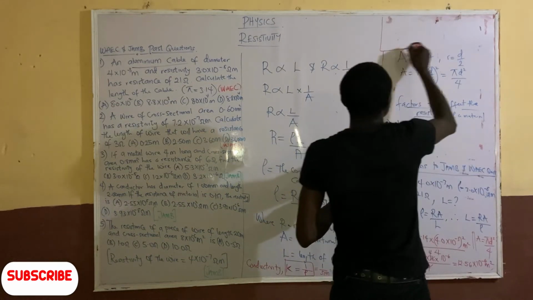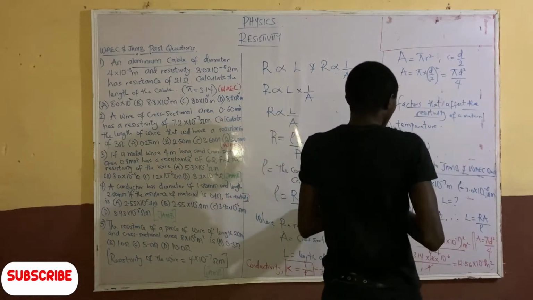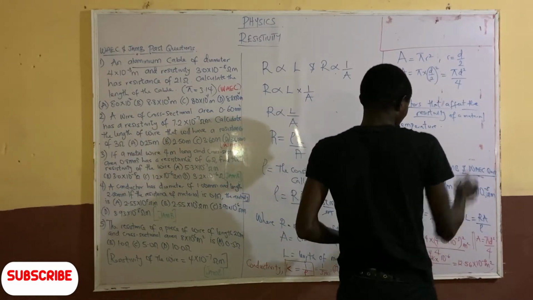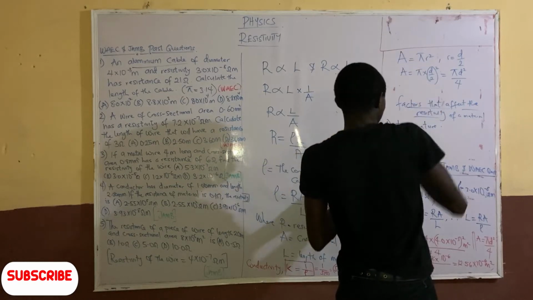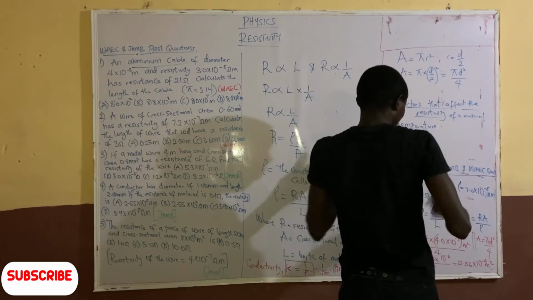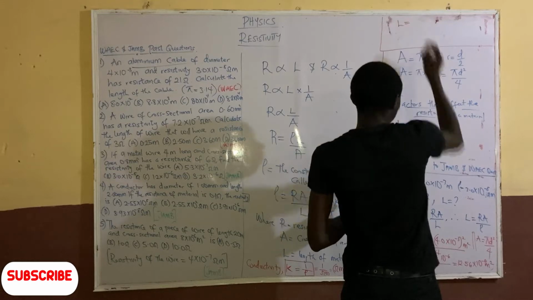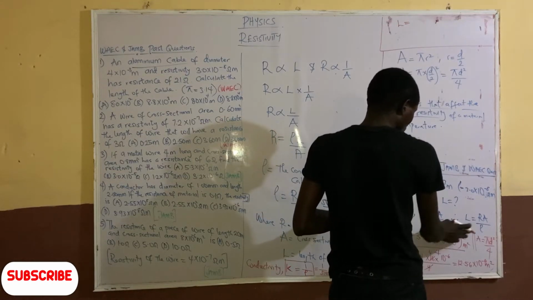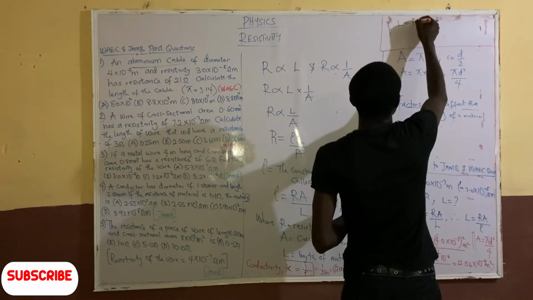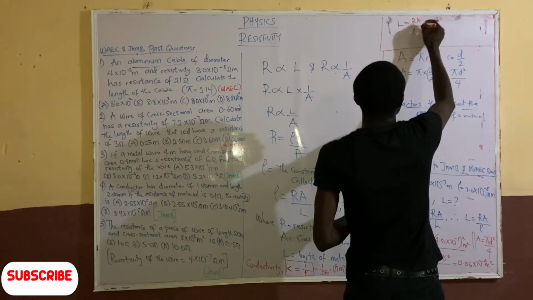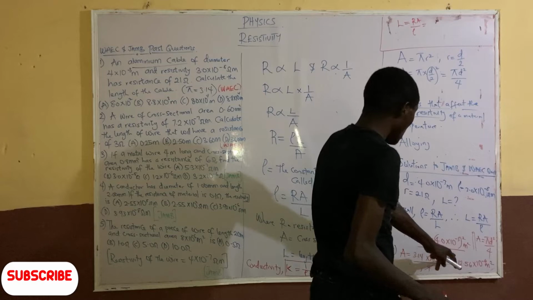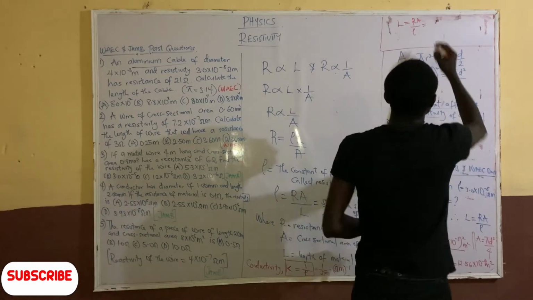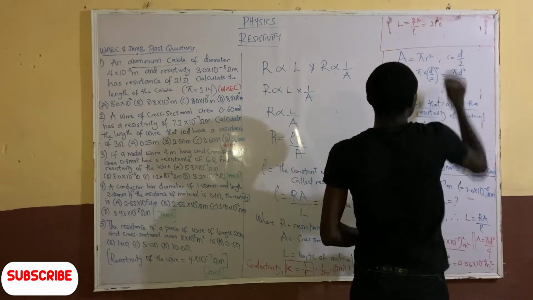So to calculate the length for this question, following the formula, L is equal to RA all over rho. Now what's our R? Our R is 21 ohms, multiplied by